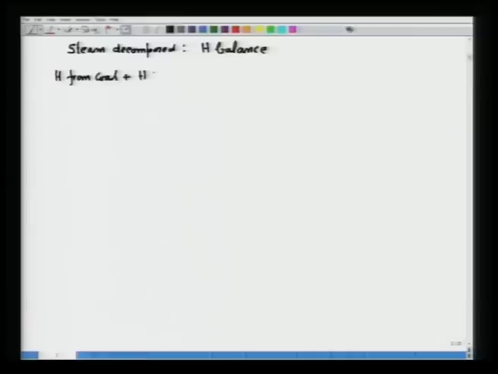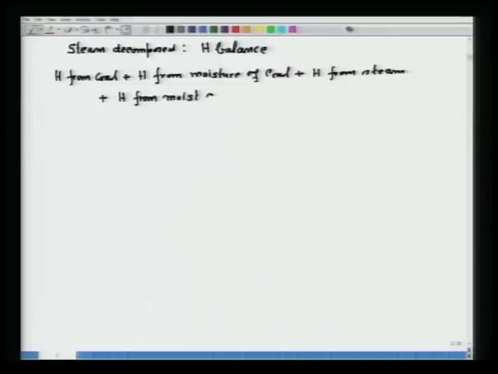plus H from moisture of coal, plus H from steam, because you are supplying steam whose amount is given, plus do not forget to add H from moist air, because when you have the moist air, then H will also enter into the system. So, that will be equal to H in tar